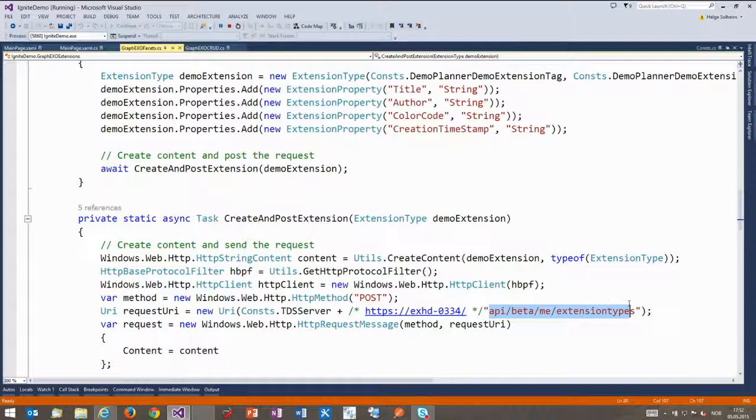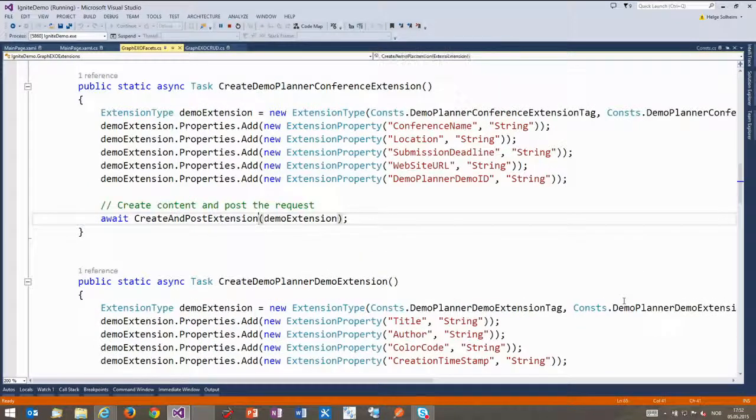So I'm just serializing the JSON representing this object and posting it to the server. So that's really how I define my extensions. That's the first thing I do in the initialize method in my app here. I make sure I have a conference and a demo available. Okay, and then when that's done,